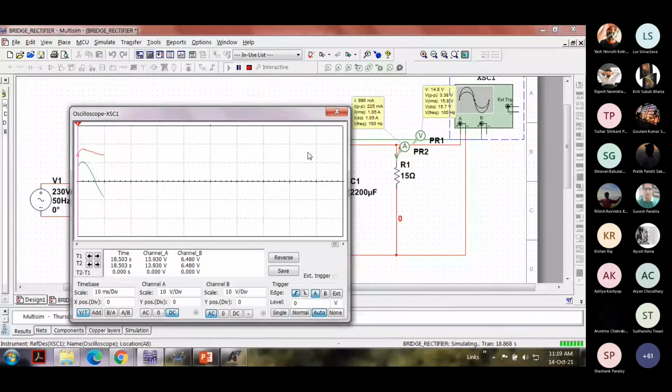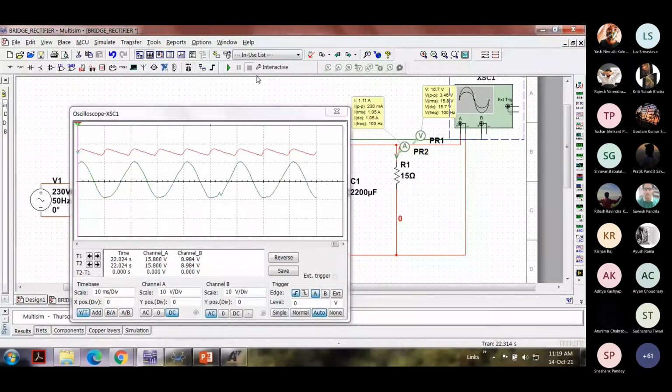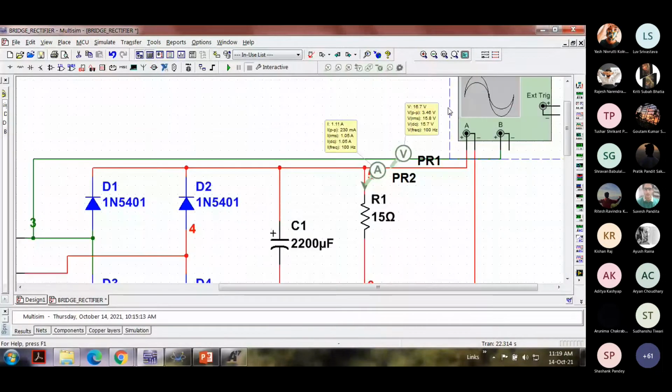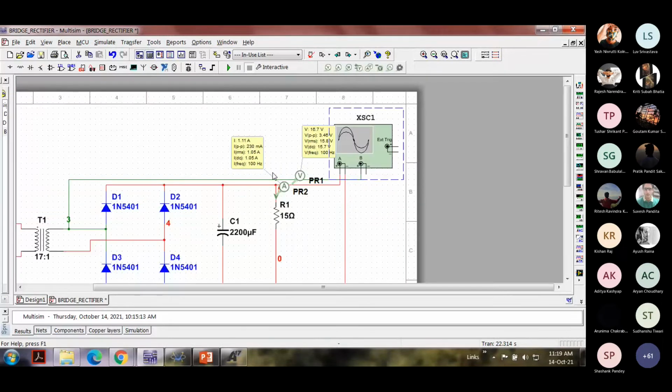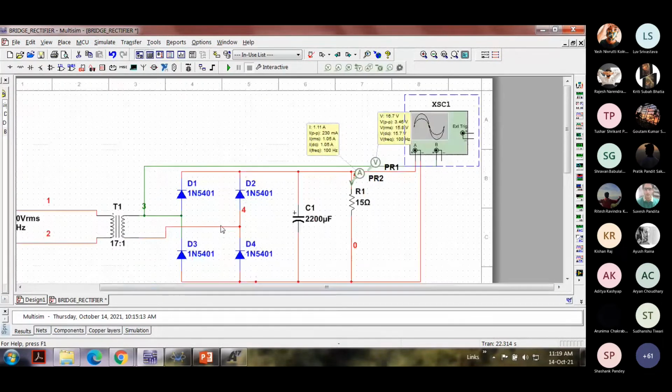Because I've designed it for 15 volts and 1 ampere, and it is 15.7 volts and 1 ampere almost. This is what we are going to use as the input for our PCB design. Is that clear to all of you? Yes, sir. So we'll refer to this circuit diagram and then transfer it over here.